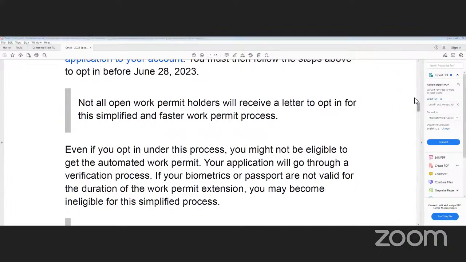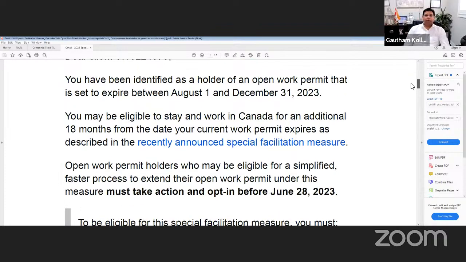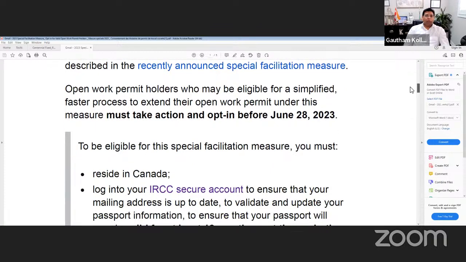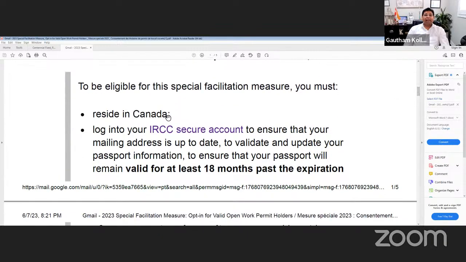Yes, the same. You've been identified as an open work permit holder. You may be eligible to stay and work in Canada for an additional 18 months. Open work permit holders may be eligible for a simplified, faster process, specifically those who reside in Canada. See, it clearly says that your husband has to reside in Canada. If he is not residing in Canada, then he is not eligible to opt in.